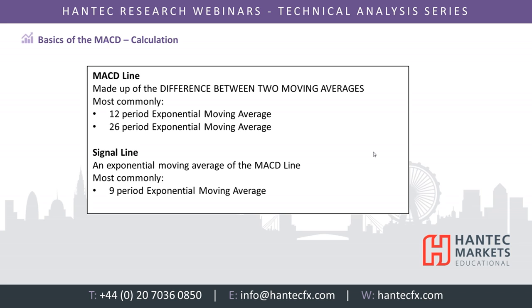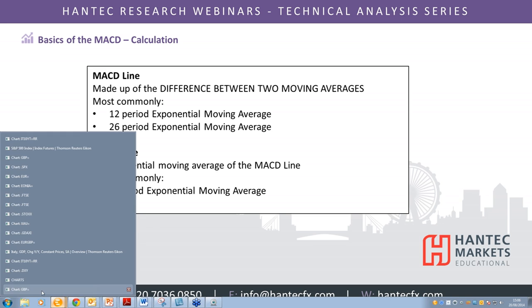Now, the difference between those two makes the MACD line, and then you've got a second line which is the signal line, and that is basically a 9-period exponential moving average of the MACD line. So then you get two different lines, and through that I will show you my first chart,